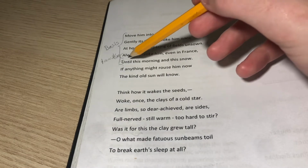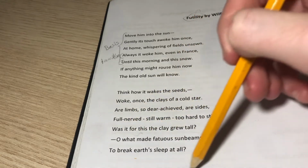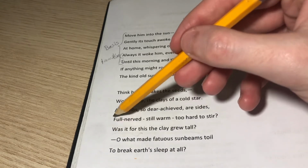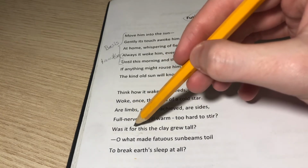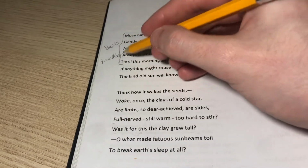So here we have "until morning in the snow." So we need to move it. If we're assuming this is our conclusion, because this is a conclusion, not a reveal, then we need to identify the area where it becomes "this is full, nerves still warm, too hard to stir. Was it for this the clay grew tall? Oh, what made fat?" So I would say this is the end of the,